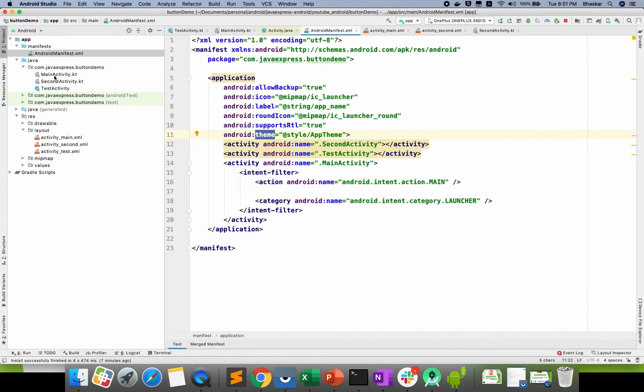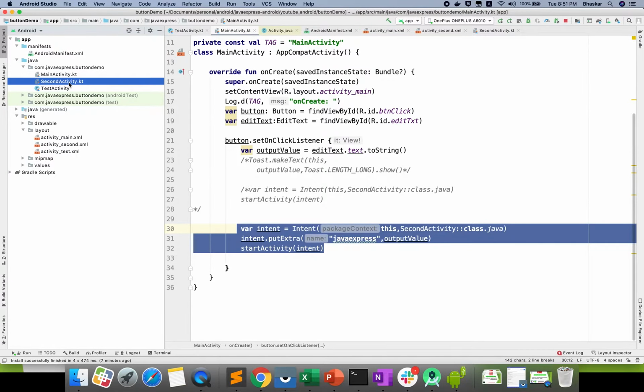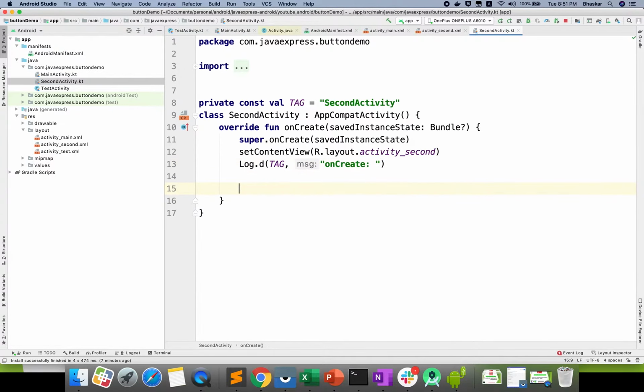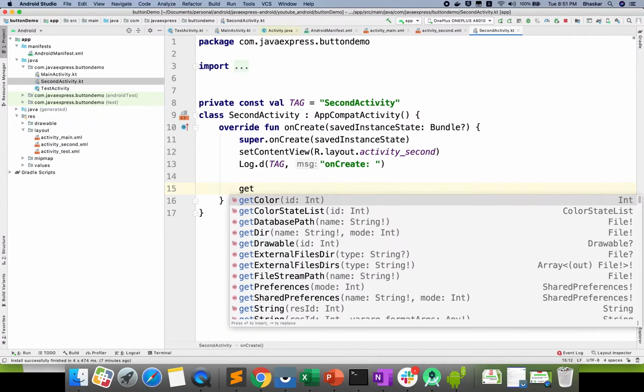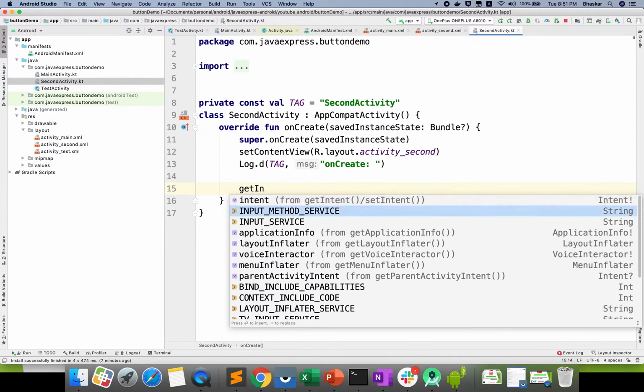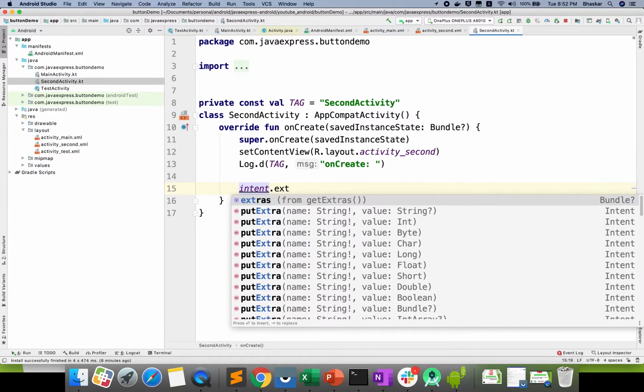Okay, let me quickly start on the main activity. Whenever you do this, it will go to the second activity. Here you need to do some actions. When I explained in the PPT what I did, I need to receive an intent object. Before that, you need to check whether the intent object is really available or not. So what I will do is getIntent. In Java you need to write getIntent. In Kotlin you just write intent dot extras. If you give getExtras, it will give a bundle object.